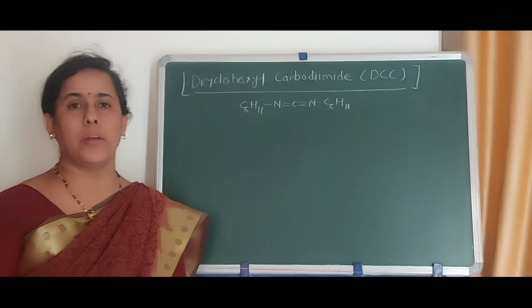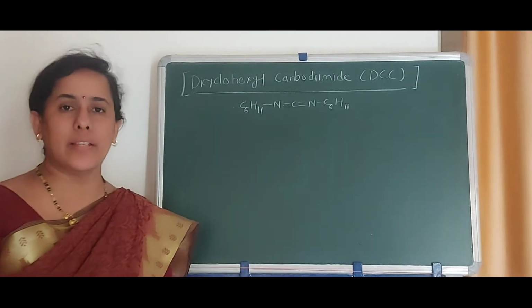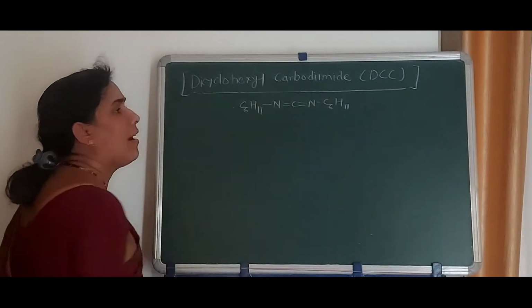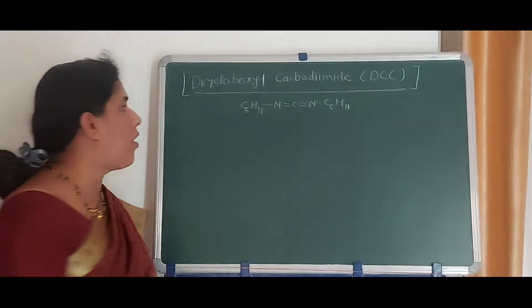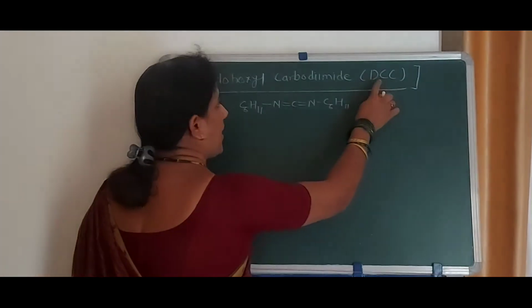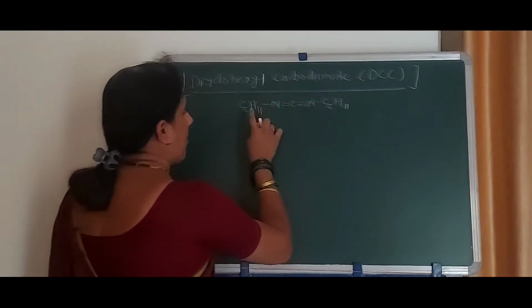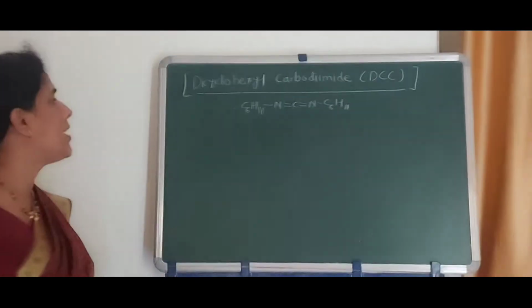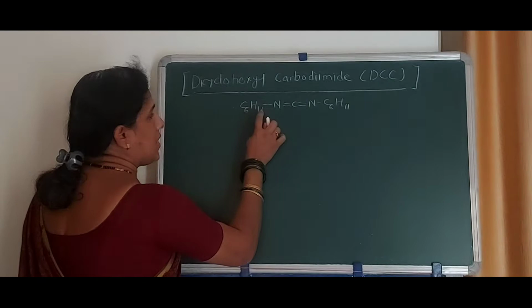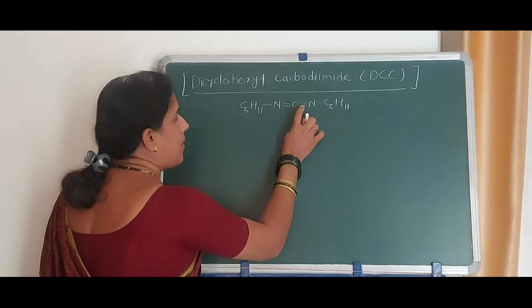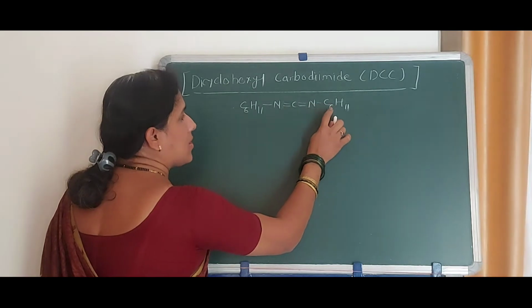Hello everyone, today I am going to discuss the next reagent called dicyclohexylcarbodiimide. In short, it is called DCC. The formula for DCC is as follows: C6H11, single bond, nitrogen, double bond, carbon, double bond, nitrogen, single bond,